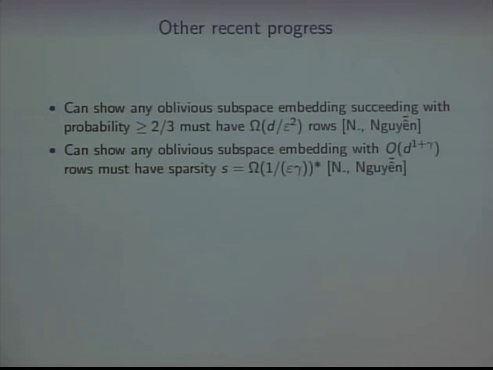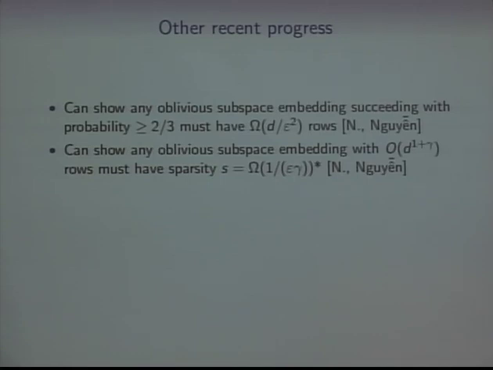So I want to be a little more meta. So the JL lemma, as it's stated, says you have this set of vectors and you want to preserve it. And what we showed is what the sparsity needs to be and what the dimension needs to be. Then there's subspace embeddings. It's really the same problem, except the set of vectors I want to preserve is not an arbitrary set of vectors. It's a d-dimensional subspace. Then compressed sensing people care about RIP. What's that? It's the same kind of thing, except the set of vectors you want to preserve is, again, not arbitrary. It's the set of all k-sparse vectors in R^n.